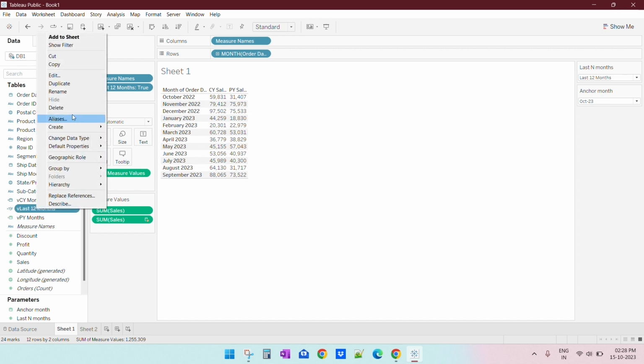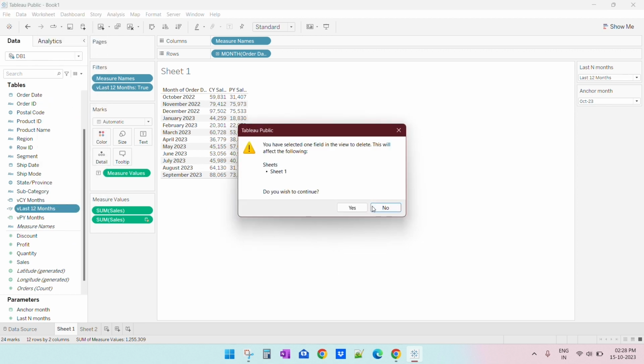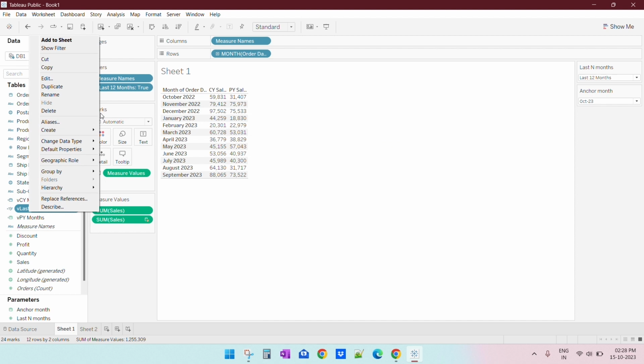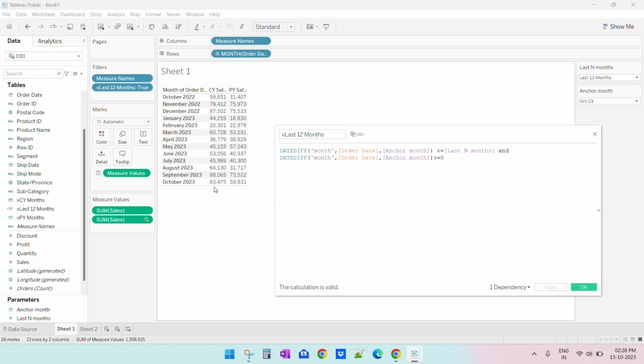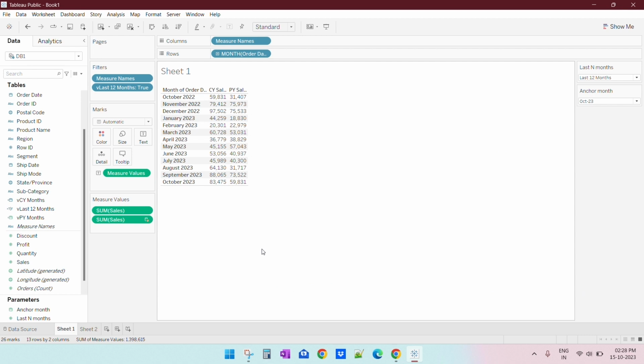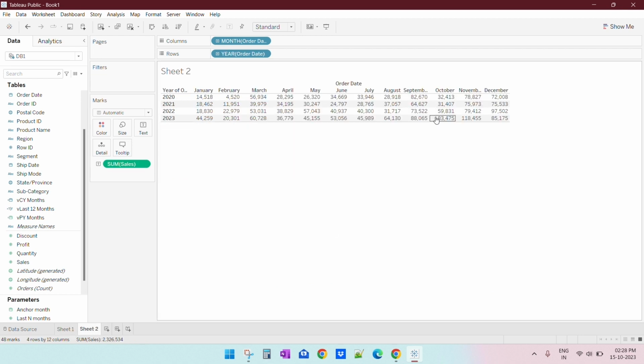Now the point of creating this whole thing with the blend is that we have to show the CY PY numbers side by side, which is not quite possible with other methods. If we want to show it in a KPI, like the difference between CY and PY, you can create that directly by creating calculated fields. But if you want to show it side by side on a line chart, some people suggest